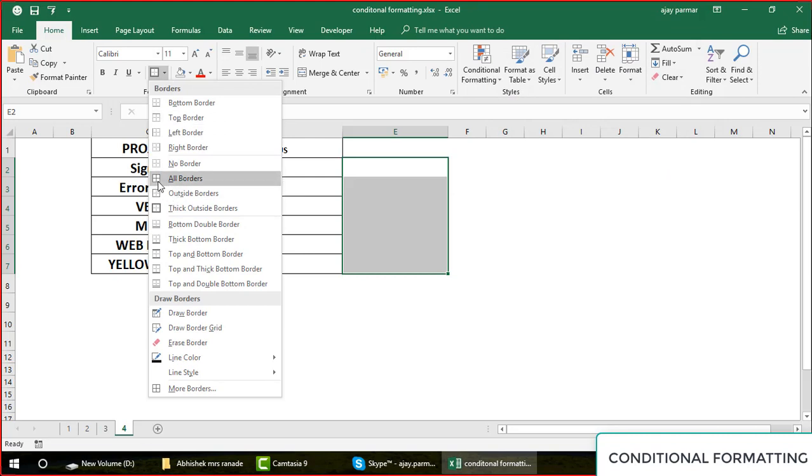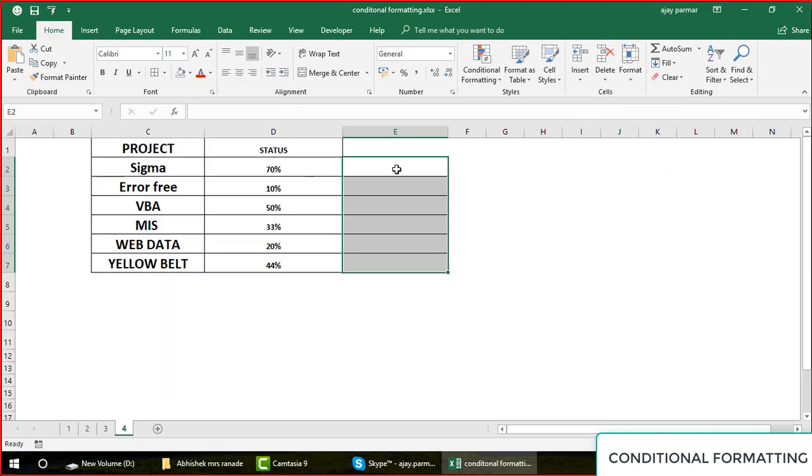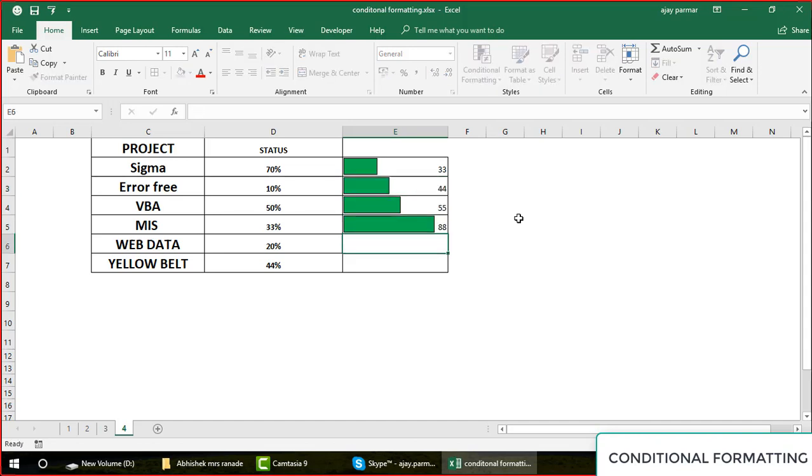So this is how conditional formatting is applied. Now obviously I don't have any values here, but let's go and check that. Once I start putting the values here, is it going to work? You can see that it's working. Look at this.